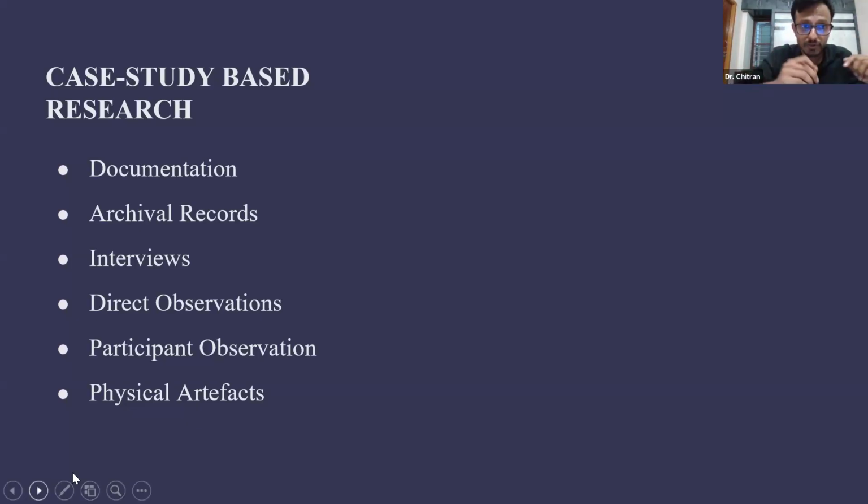It can be like a photograph, like what Sujit sir and Dr. Jabir had spoken about, visual history or visual landscape. You are fetching through photographs and camera. So these are like observation. Participant observation means you are also an agent. Like for instance, you are working on some festival ritual, and you are participating in that ritual. Through participation, you're observing that ritual, you are analyzing that ritual. Physical artifacts are more like material objects that are there. So this is from a reference book that I got. It's not necessary that you should have all these understandings when you do research.